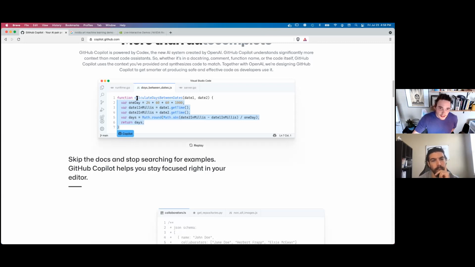So here's an interesting case. Here's JavaScript. We as JavaScript engineers, you can imagine how much, and this is one of the things it's used as a competitor towards, would be just Googling up stuff. So it's like, I want to do this thing. I want to see what's the best way to do it in JavaScript. Let me Google calculate days between dates in JavaScript, whatever.